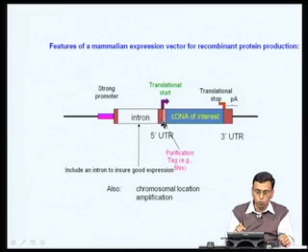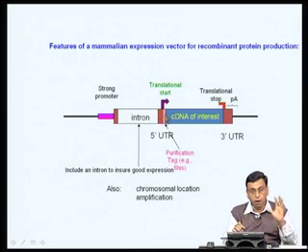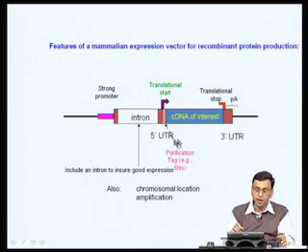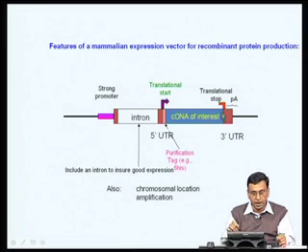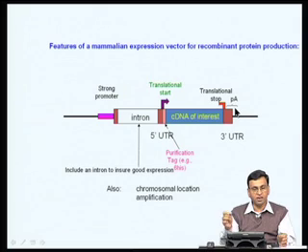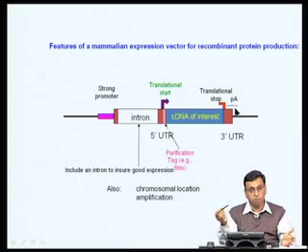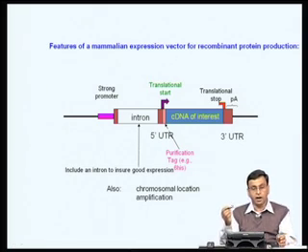Then you include a multiple cloning site into which you introduce your transgene, and the transgene should contain an ATG codon, with a Kozak consensus sequence, so that it is translated efficiently. It should also have a proper stop codon at the end, and it should also have 3' untranslated sequences, such as the AAUAAA polyadenylation sequence, so that transcription stops and the RNA is properly